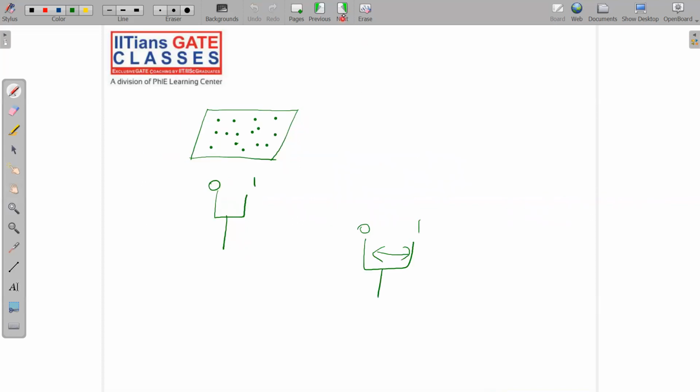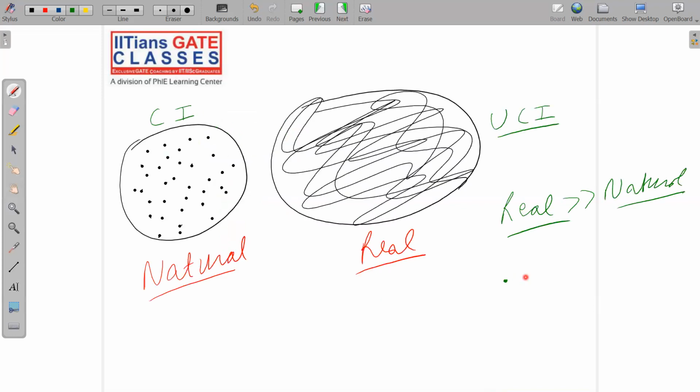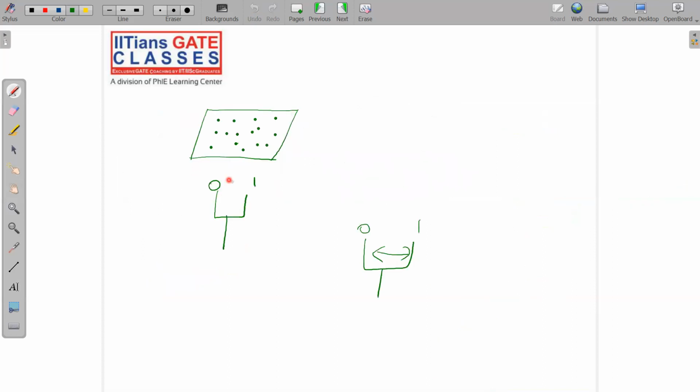Imagine we have two dots that are so closely placed to each other that we cannot differentiate between them. This is just like real numbers. But for natural numbers, two dots have a sufficient gap. There is no problem at all. 1 and 2, these two numbers are different, there is a sufficient gap between them. Like here also I am saying 0 and 1, just like a fork. So this is your logic.